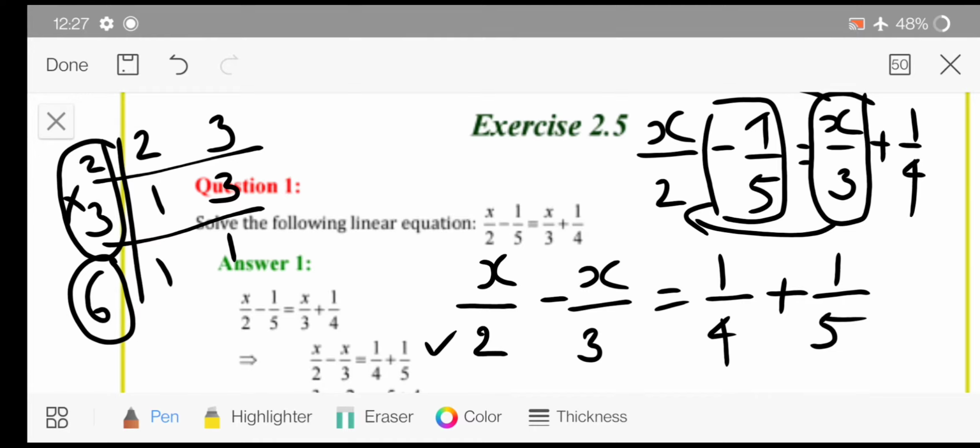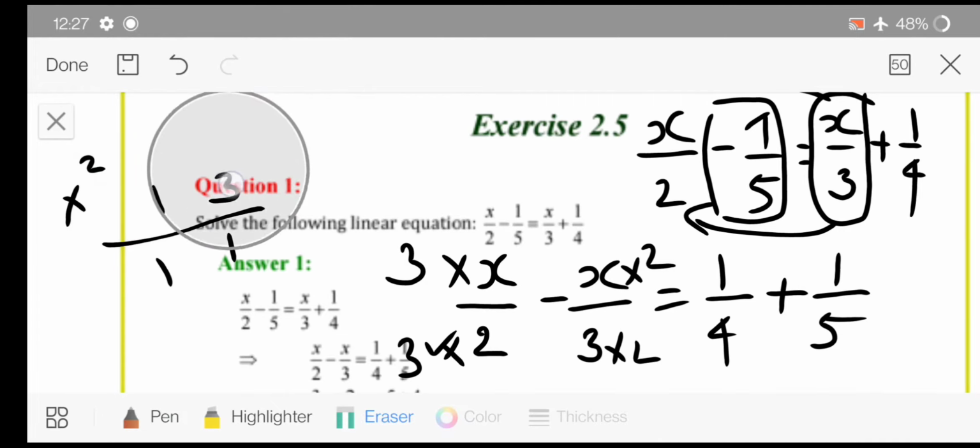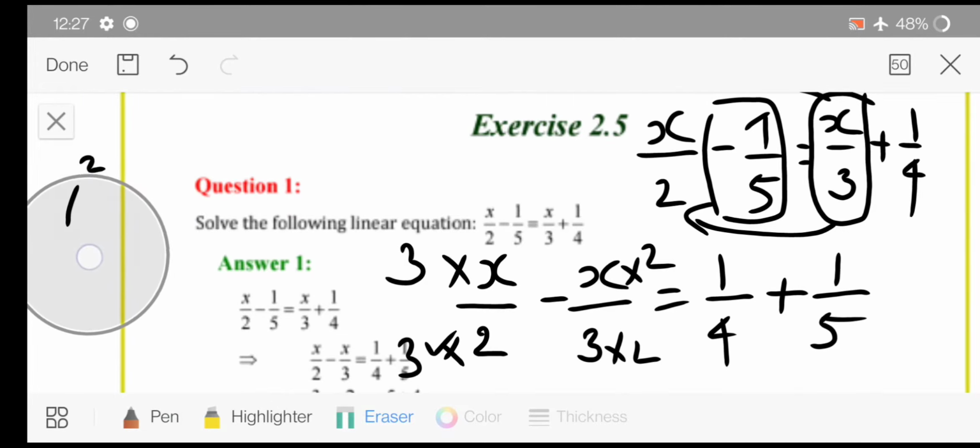तो ये डिनोमिनेटर्स को हम 6 कैसे बनाएंगे, यानी 2 को मैं कौन से नंबर से मल्टीप्लाई करूँगी तो 6 होगा, 3. Similarly here also I will multiply by 3, and here I will multiply by 2, as 3 2s are 6, and here also I will multiply by 2. So this is how you can convert this into like fractions. Then after, let's see how to solve the next. यानी पहले इसे भी लाइक फ्रैक्शन में कन्वर्ट कर देते हैं.